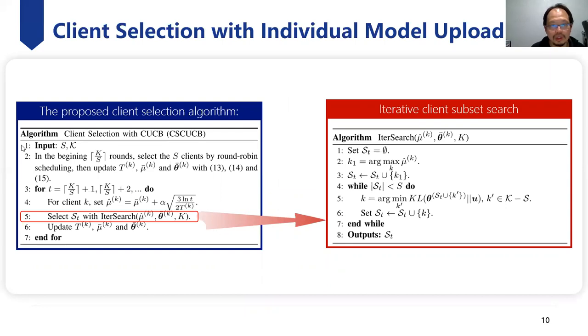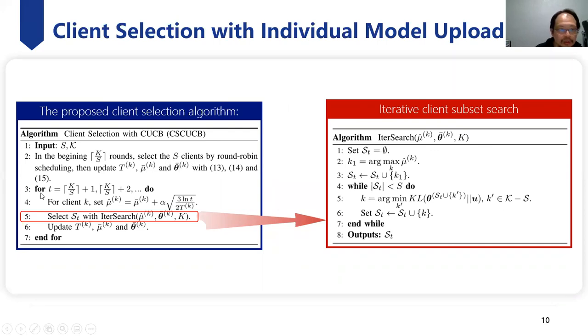In this case, we call that CSCUCB. It has a very long name that stands for client selection for CUCB. So this is what the algorithm looks like. And then one of the important processes is called iterative client subset search. So how it works is that, first of all, at the beginning of the round, we select